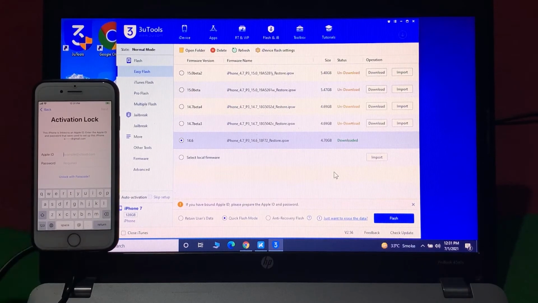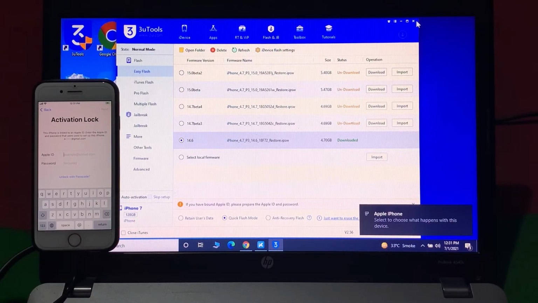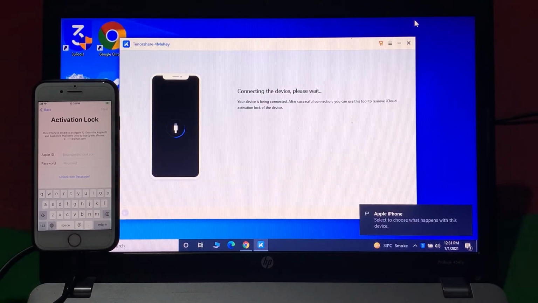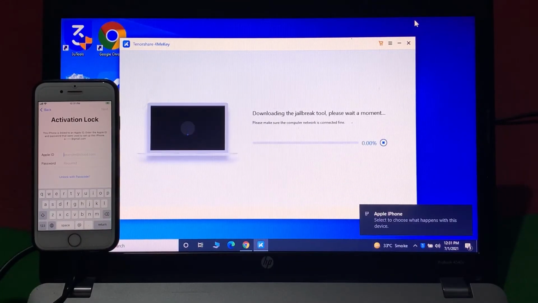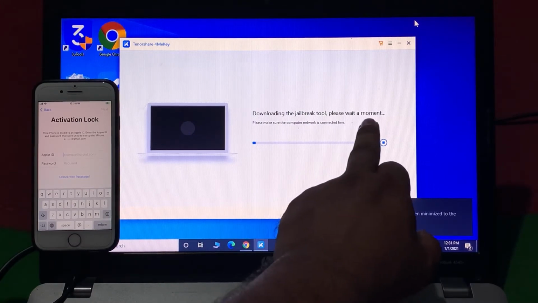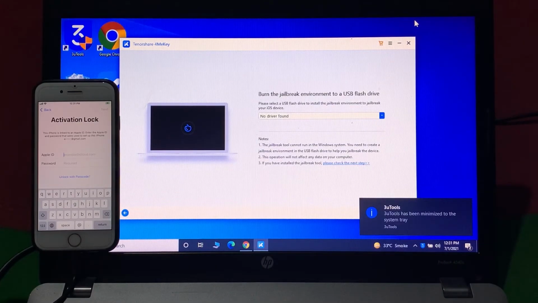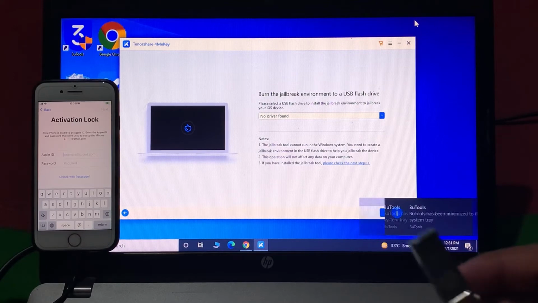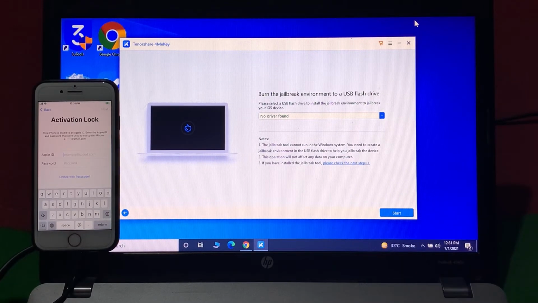Connecting to the device, please wait. Download the jailbreak tool. Please wait a moment. It will take some seconds. Connect the USB drive to your PC or laptop and make a bootable USB for jailbreak.